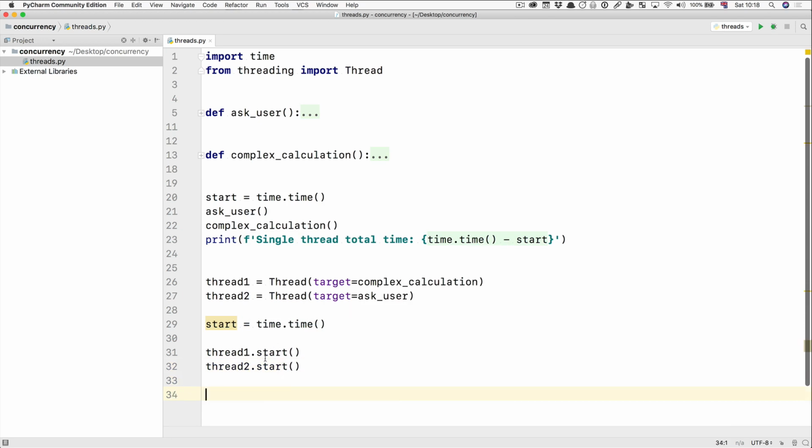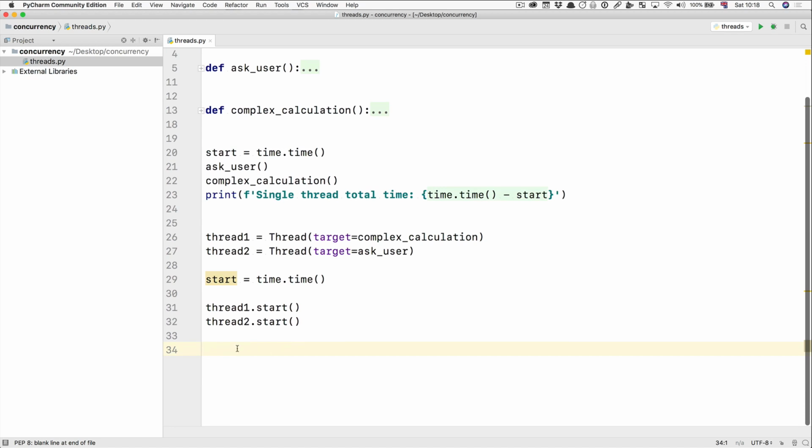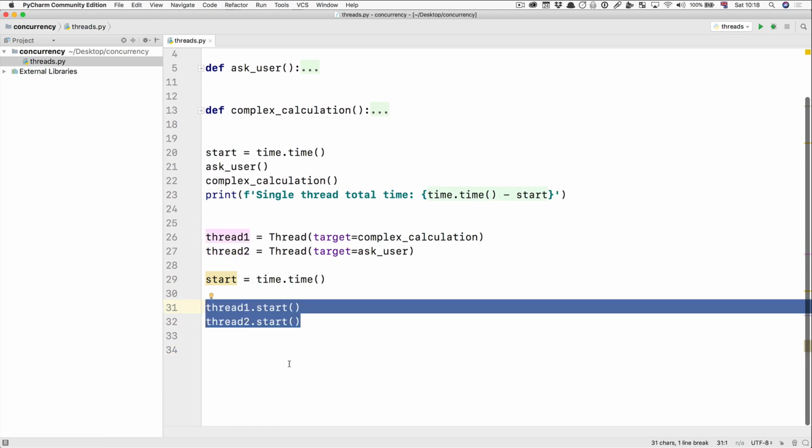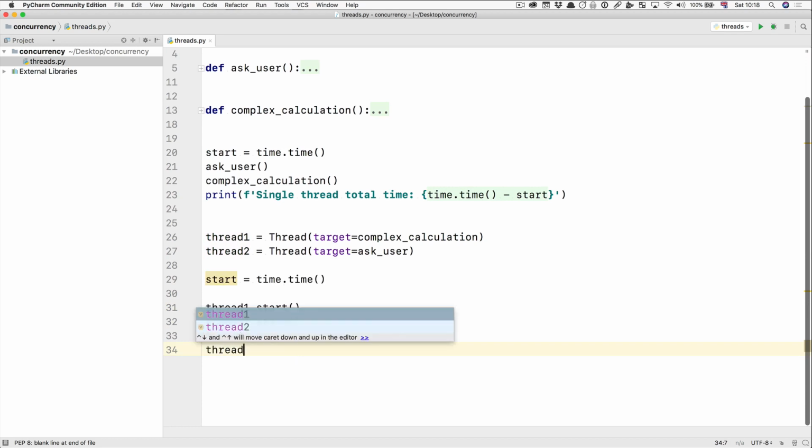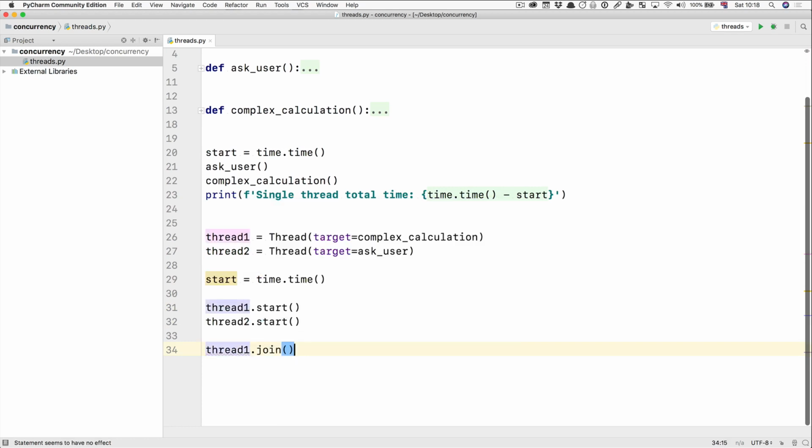Now, these threads have started, and they are running at the same time as our main thread. Okay, so now we have 3 threads running at the same time. When we start this one, the complex calculation function is running. When we start this one, the askUser function is running. And also our main thread, which is responsible for running this code, is also running. So we have to tell our main thread to wait for these 2 threads to finish. The way we do that, thread1.join and thread2.join. This tells our main thread to wait for thread 1 to finish and wait for thread 2